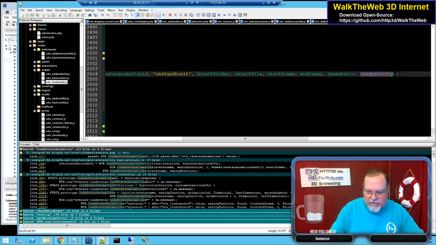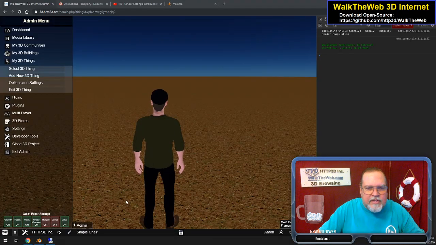Load priority, we're just going to make that 0 because it's not going to matter. Speed ratio, it's going to be running 1:1. End frame, start frame, see these 4 values right here are going to come from the actual item as we put that there. So let's do just that. First thing is